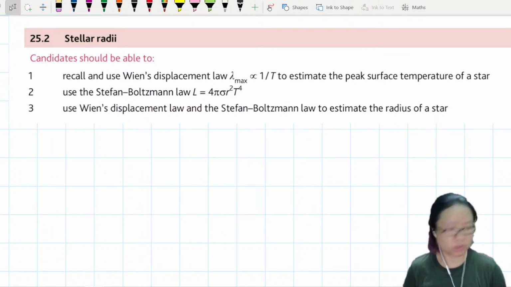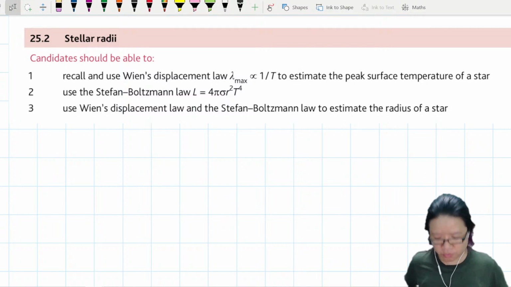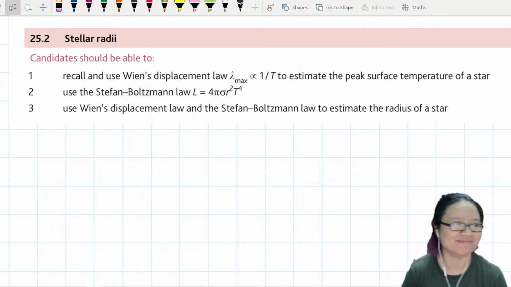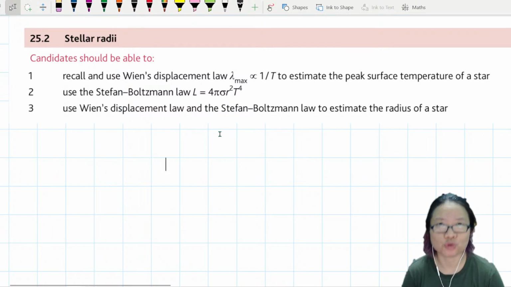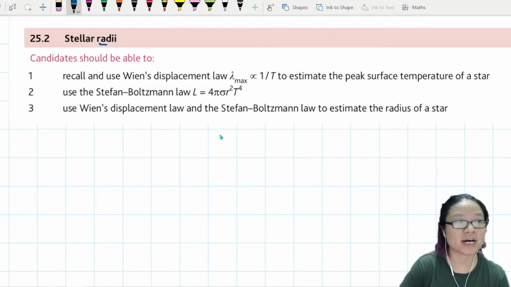All right, we're going to continue with stellar radii. So the first part, we learned to use L to measure distance. You see the word radii, you see the word stellar. This is just the radius of a star. So the second section, we're going to look at how we can measure the radius or the size of a